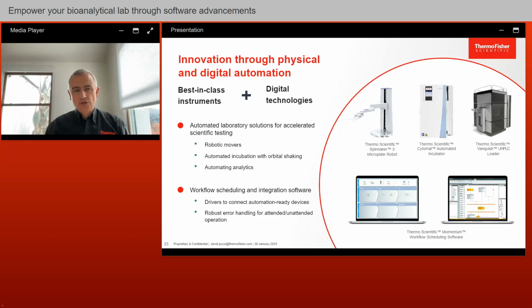And all of that is coordinated using workflows and scheduling software. In our case, it's called Momentum. And that allows you to integrate not just Thermo Fisher instruments, but third-party instruments. I think Momentum has over 300 different instruments it can control. Integrate those into decks, which will automatically or semi-automatically carry out the activities in the laboratory that you would normally